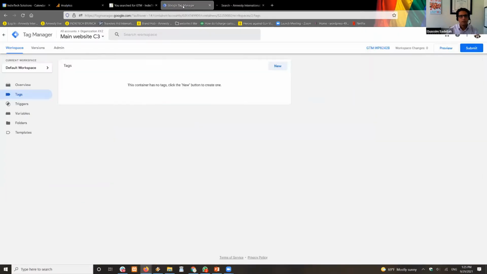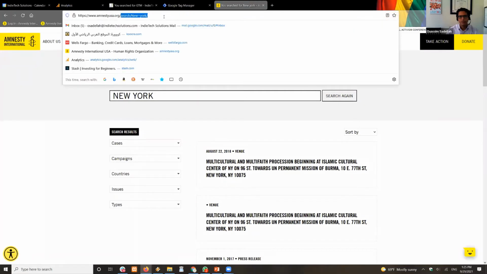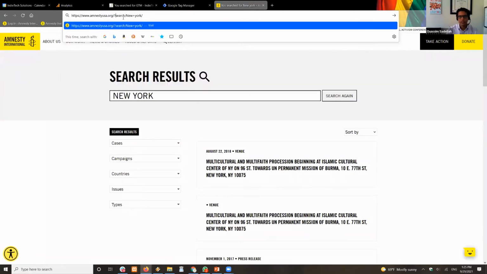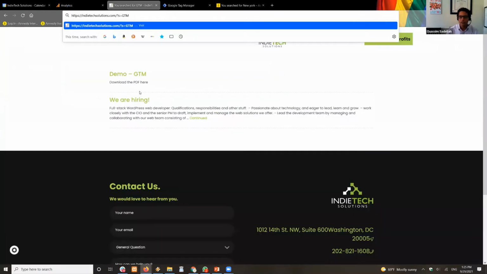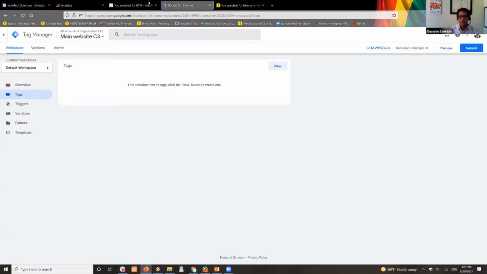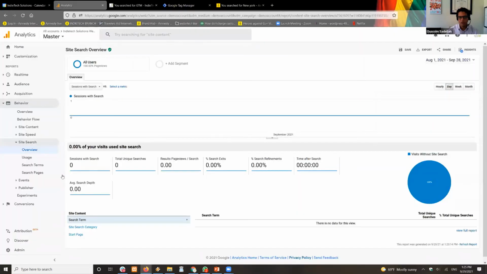For that specific one, we don't have the question mark, the query string, because this is a very custom-made search. So for this, you will need Google Tag Manager to get all of the results. You cannot do it otherwise. But for most websites, especially if you're using the default WordPress and it's simple, you can track most of that, as I mentioned, with that very basic query string.